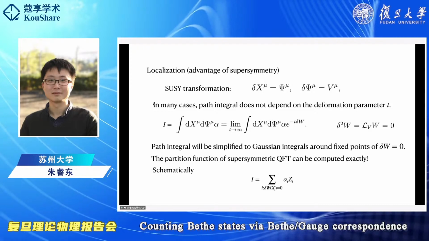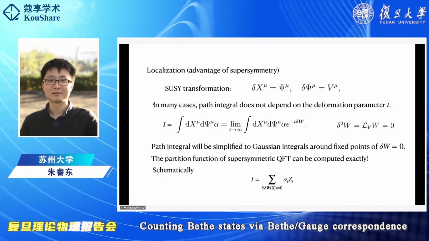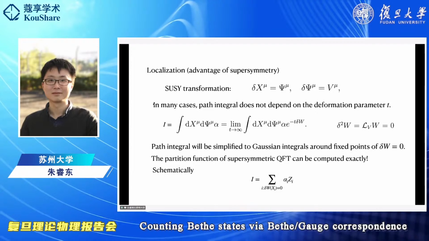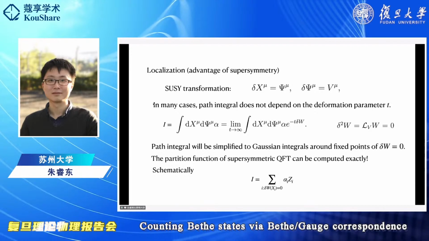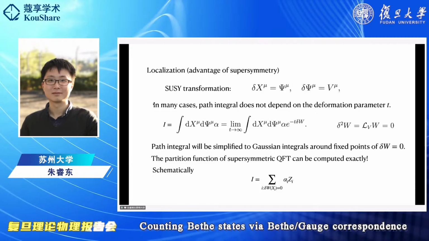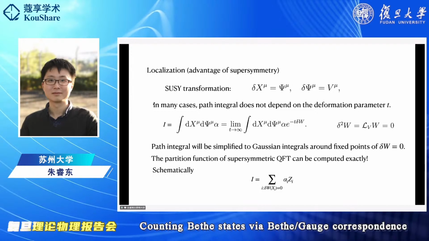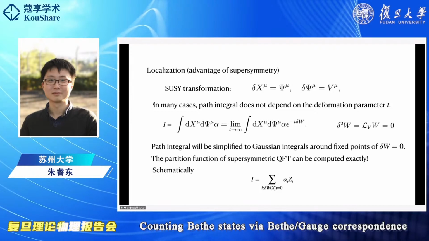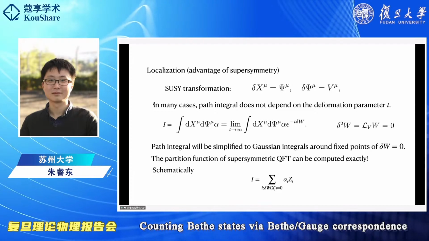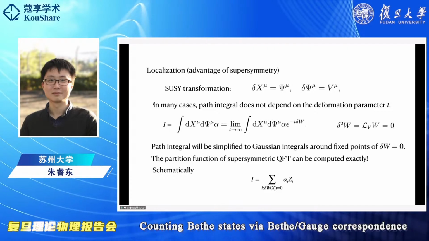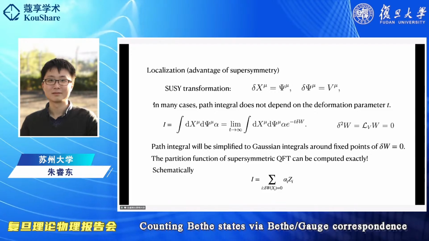Because of the invariance under supersymmetry, we can deform this path integral on the left-hand side by adding an exponential term, which is a delta-exact term. So the path integral does not depend on this deformation parameter t, and we can choose any t to calculate it. However, if we choose t to be infinity, then this calculation